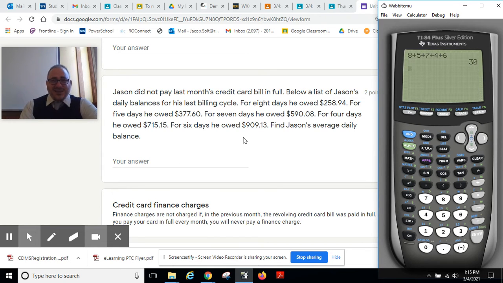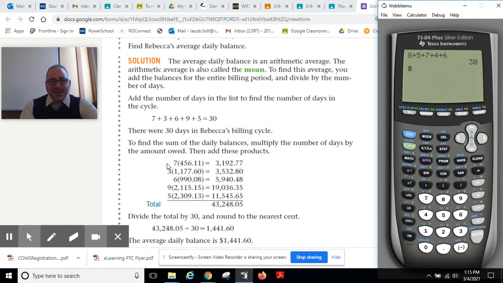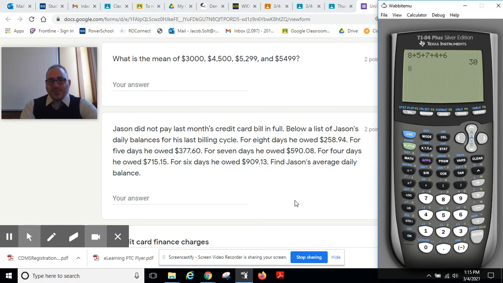All right, now here's the tricky part. I now need to start doing this piece here where the number of days is multiplied by how much is owed over that period of days. So for 8 days, I'll multiply that by $258.94. To save myself the hassle of having to find these out individually, I'm going to add them all at once. So 8 times 258.94 plus